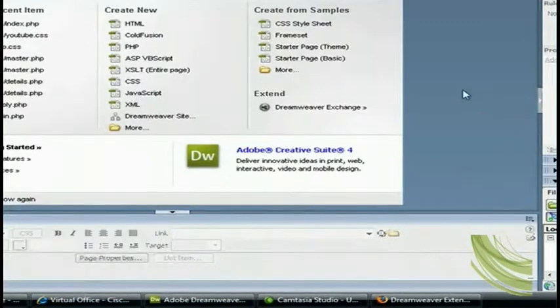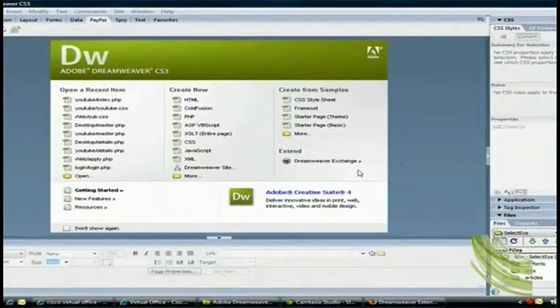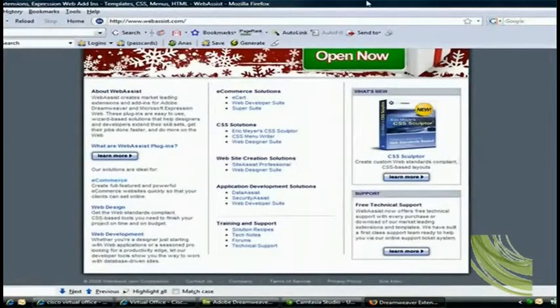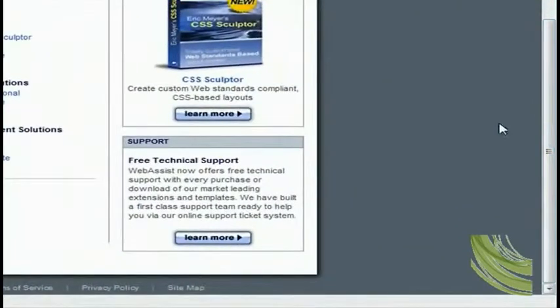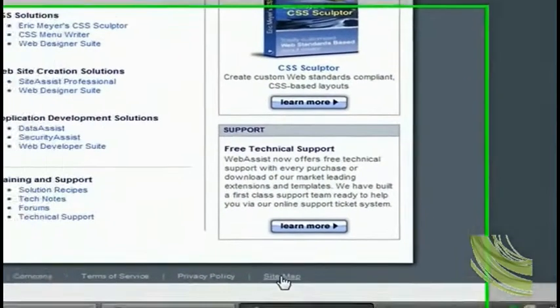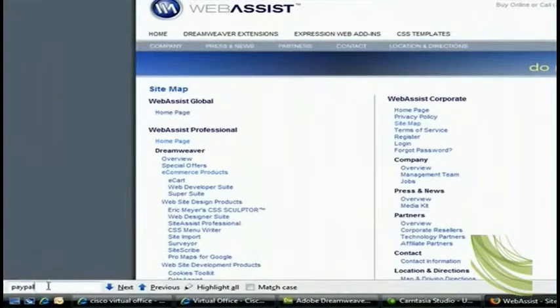We're using Dreamweaver CS3 here, and the PayPal extension doesn't come installed by default. So the first step is to get the extension file and install it. The PayPal extension for Dreamweaver is made by a company called WebAssist. So go to webassist.com, and when you get there, scroll all the way to the bottom of the page, go to sitemap, and then from here search for PayPal,